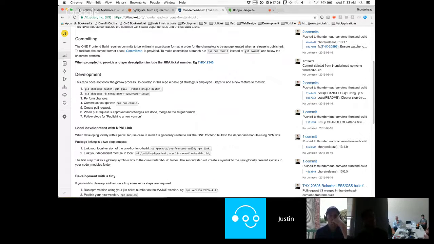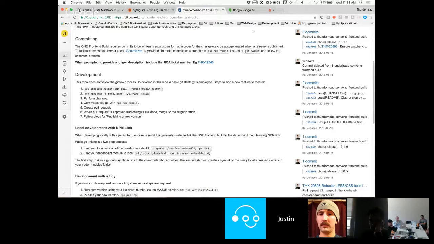One thing in here is the longer description. Commitizen has plugins. There is a Jira Commitizen plugin, but it's broken, unfortunately. There was a problem when we did this. I think it may have been resolved recently, but to get our link for what you're fixing in Jira and have Jira pick it up as the commit, when you get prompted for the longer description, it asks if you fixed any tasks. Just put the Jira ticket number in there, and that way you'll get that link in Jira like you normally do.